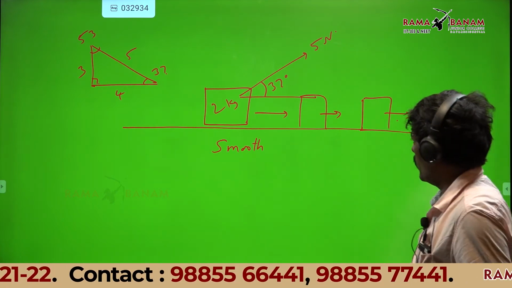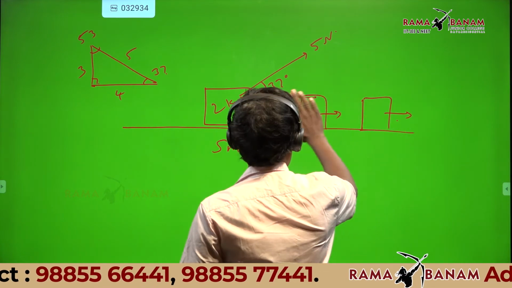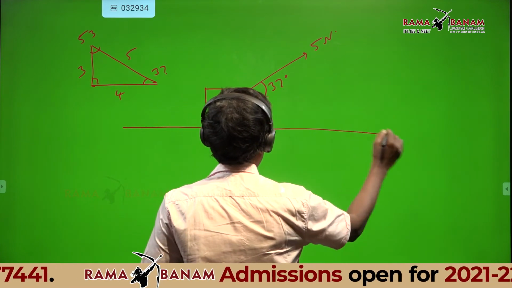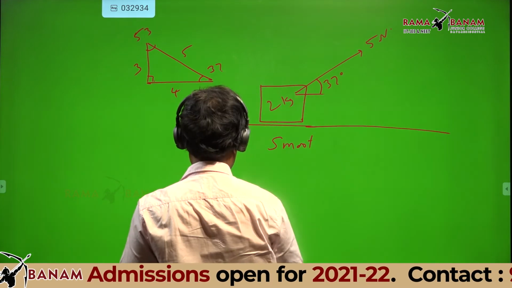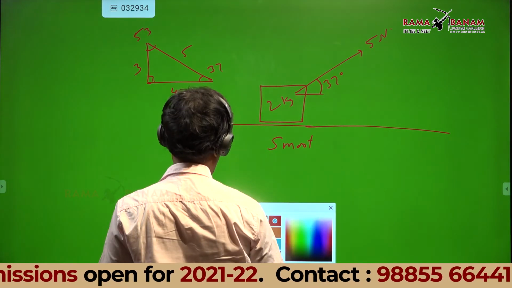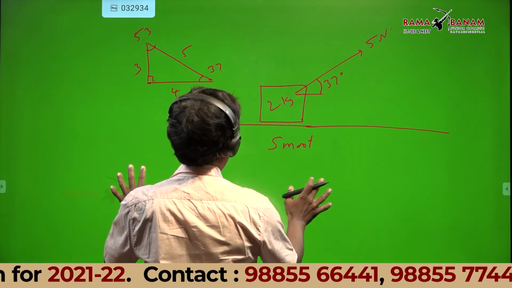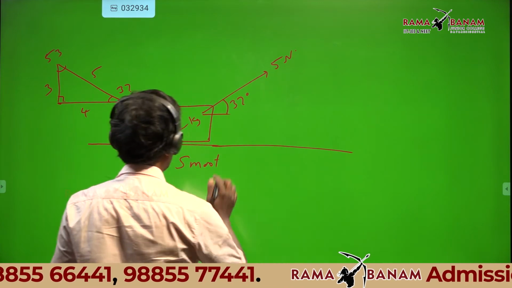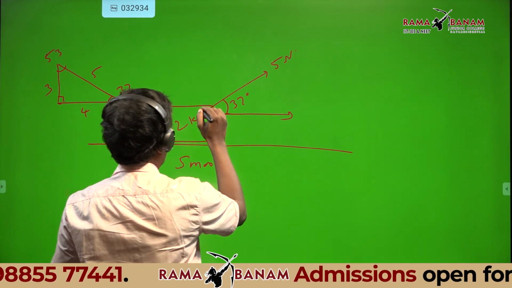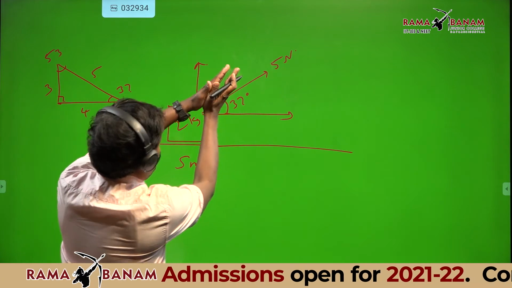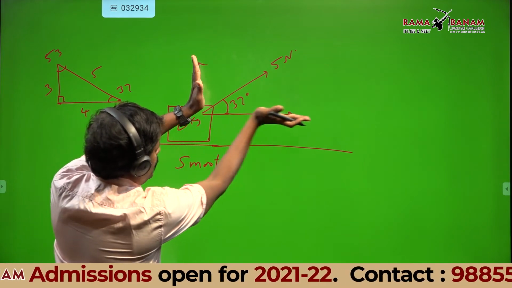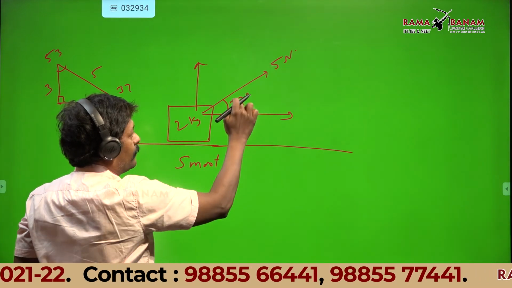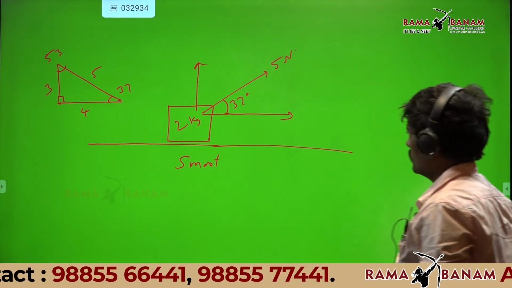Now listen, how to split up this into components. Now listen carefully. Split up this and this: F sin theta, two rectangular components. One is horizontal, one is vertical. This will be how much, can anyone tell me? F cos theta. This will be how much?